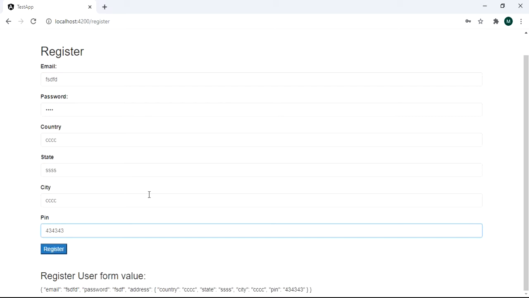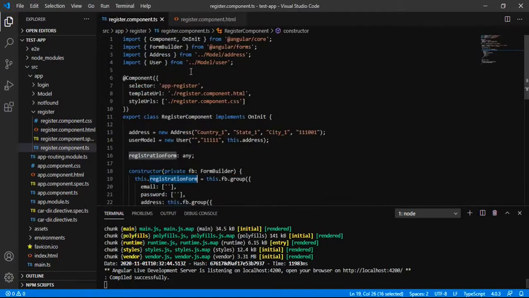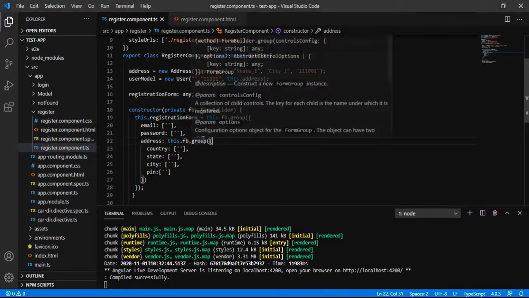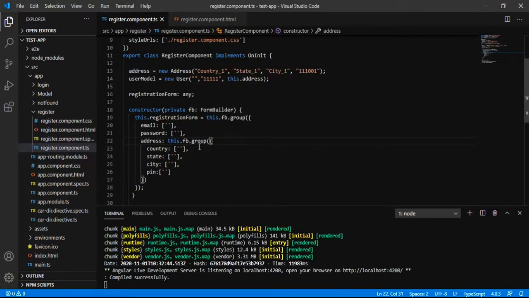So this is how we can create the form using form builder, and we can create multiple groups of form. And if we have a complex form that has hierarchy, we can use the form group for defining the form controls. And if we have some complex object where we have to define some extra group, then we can simply go ahead and create another group, and create the further fields for that group.